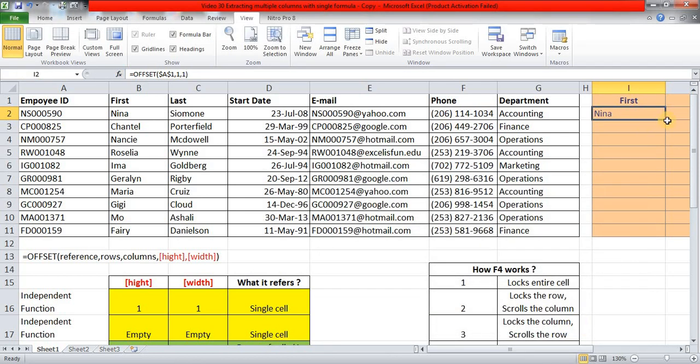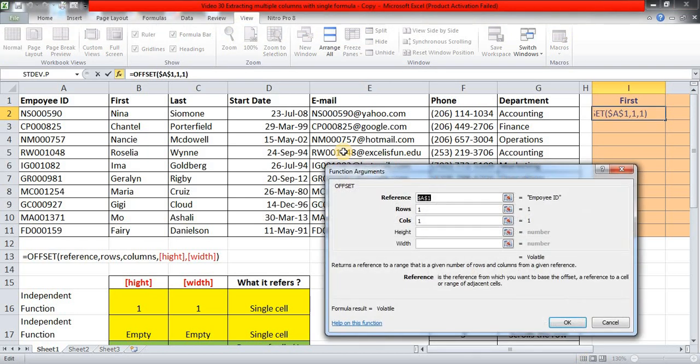But again, when I copy this formula down, it has to give me Chantel, Nancy, and so on and so on. So I am pressing F2 here, or I can just click Alt I and F, and here it is. Now we want to make this row and columns volatile or dynamic. So I am pressing tab. Now in rows, I am using the ROW function, and I will open parenthesis and close. Now the result of this row function is 2 because we are sitting in row number 2. Okay, and as we copy, it will basically increment it to 3, 4, 5, 6 and so on.